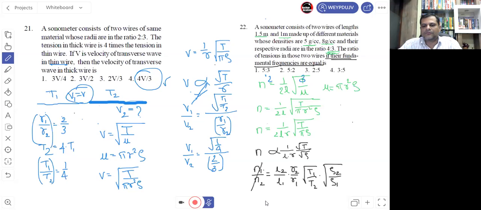So here it will be 1 which is equal to, अभी L2 upon L1 कितना है, ये देखो फर्स्ट वाले का 1.5 और दूसरे वाले का रेडियस 1 मीटर है, तो L2 upon L1 will become 1 upon 1.5, करेक्ट है। What about R2 upon R1? तो देखो रेशियो ऑफ रिस्पेक्टिव रेडियाई इज गिवन टू बी 4/3, सो उसका उल्टा रेशियो क्या होगा, 3/4 होगा जरूर। और फिर रूट ऑफ T1 अपॉन T2 तो हमको निकालना है, नो डाउट। सो हियर इट इज T1 अपॉन T2